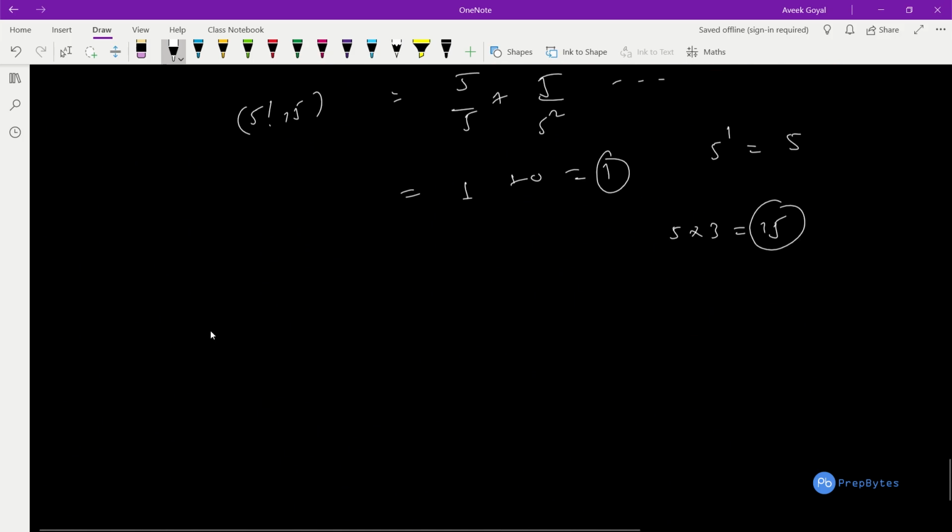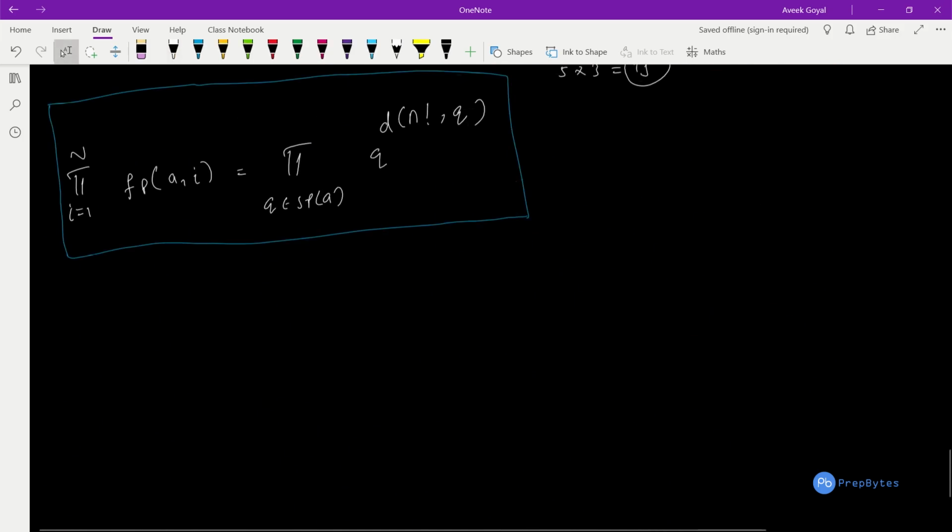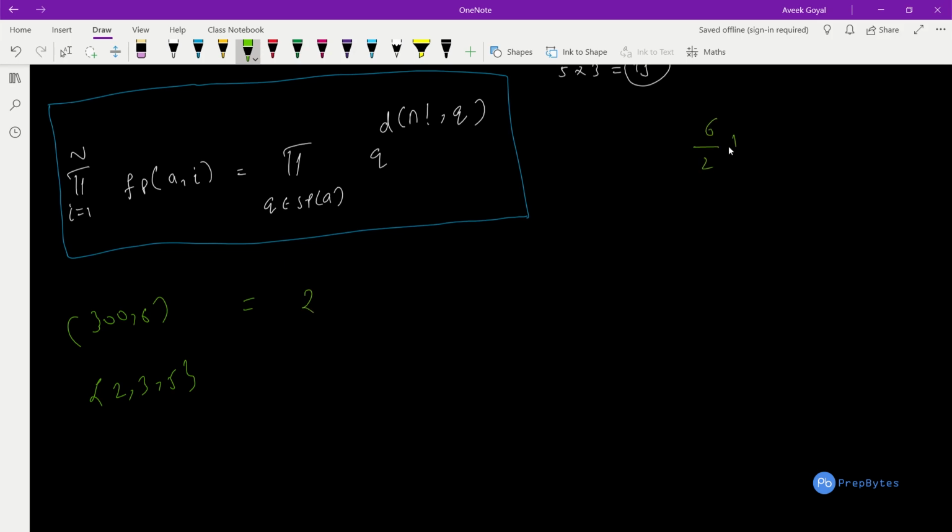Okay, so I'm just writing that equation down now. So this is what our equation finally looks like. Okay, so if we take the example 300 comma 6, what we are going to have is multiplication. First q is 2, so 2 to the power of whatever this comes out to, which is 6 upon 2 plus 6 upon 4. 6 upon 2 is nothing but 3 and 6 upon 4 is 1, so this comes out to be 4, so 2 to the power of 4